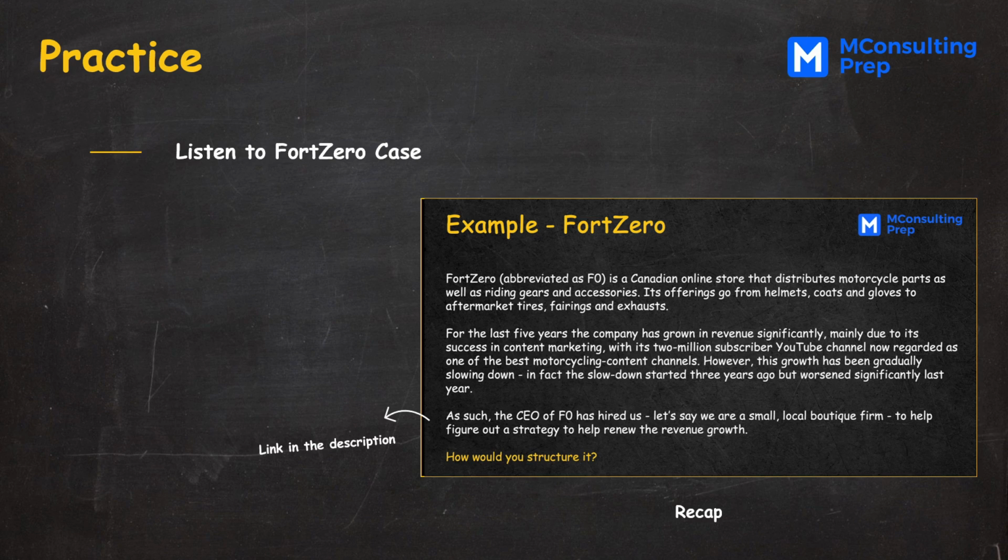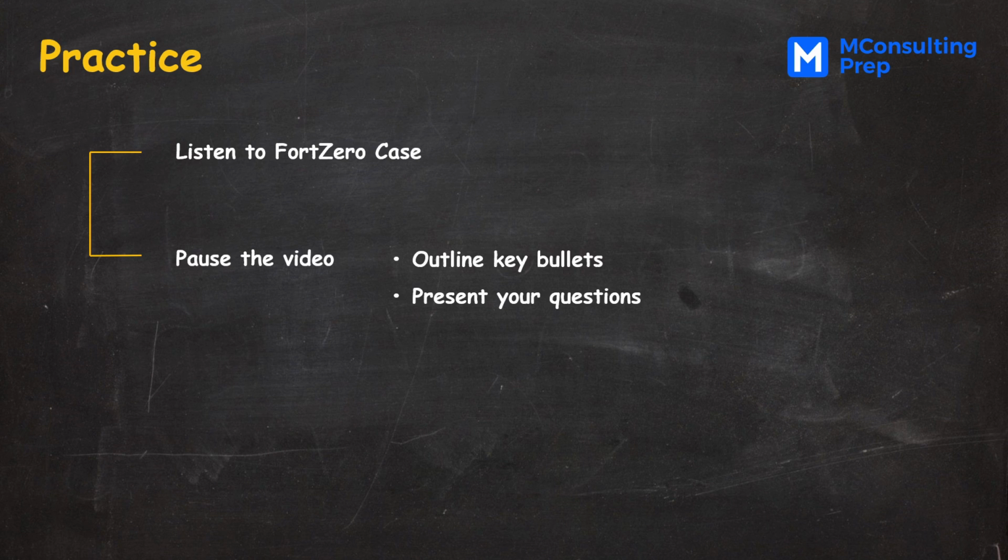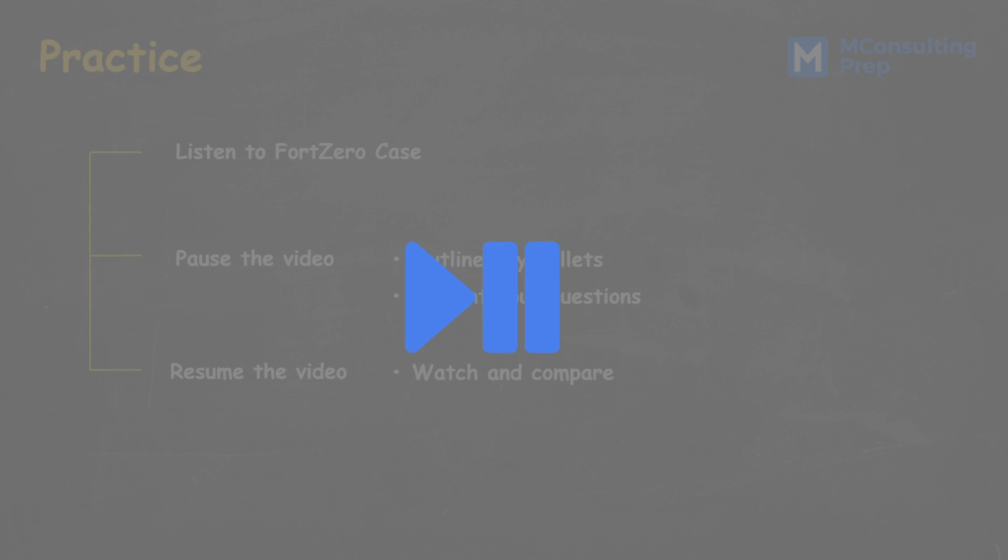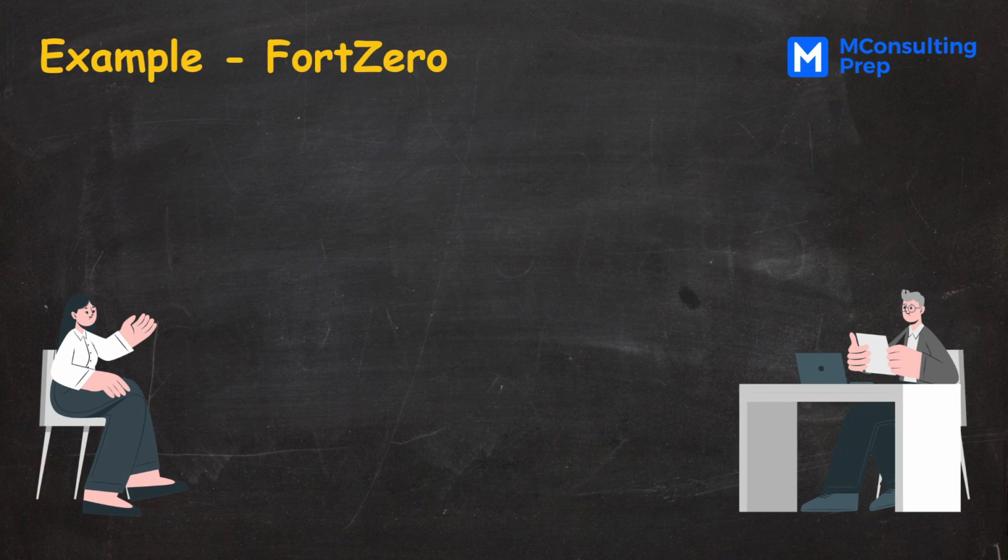The case we use will be the same one in the Recap 5-minute guide. You will need to watch it before this video. Link will be in the description. Once you've done the recap part, spend 30 seconds outlining a few key bullets to clarify, then present your questions as if in a real interview. Then, unpause this video to hear a suggested version. Okay, are you ready? Pause this video and ask your clarifying questions. Now you can hear my suggested version.